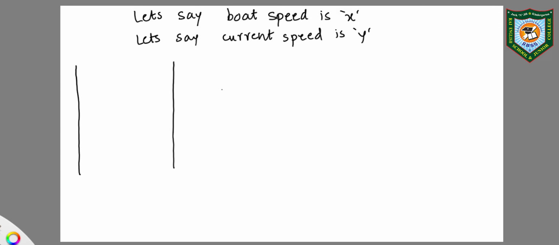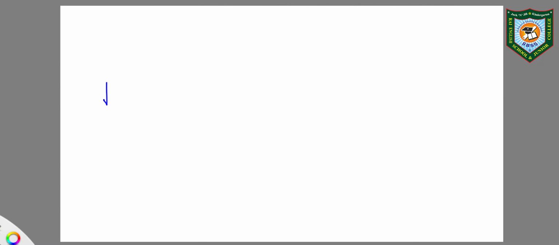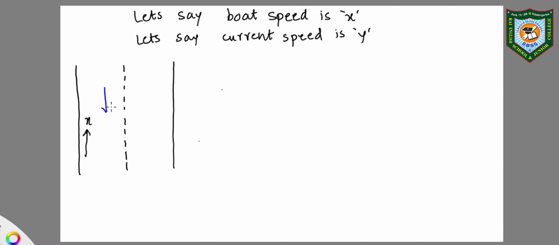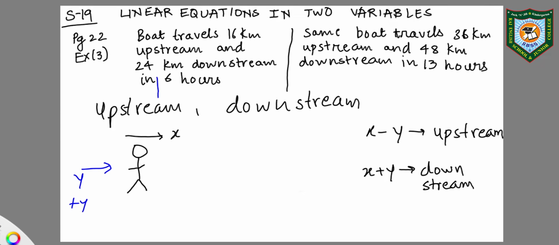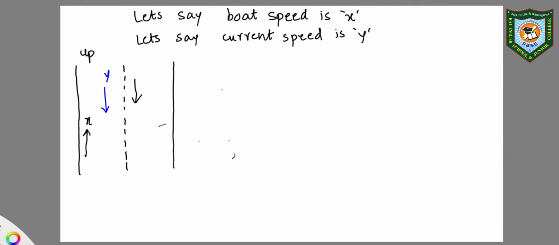In the first case, I'm going in this direction, so this is x, and the river is in this direction, so this is y. So this is my upstream, and in the second case I'm going in this direction and the river is also in this direction. This is y,